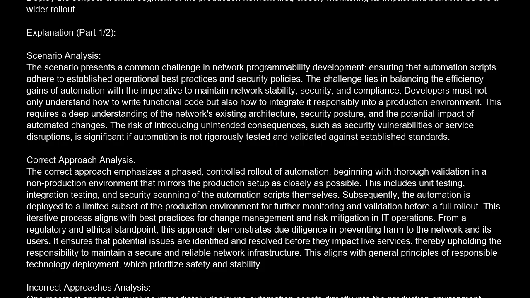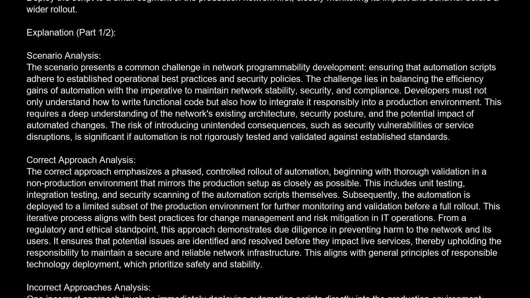The scenario presents a common challenge in network programmability development, ensuring that automation scripts adhere to established operational best practices and security policies. The challenge lies in balancing the efficiency gains of automation with the imperative to maintain network stability, security, and compliance. Developers must not only understand how to write functional code, but also how to integrate it responsibly